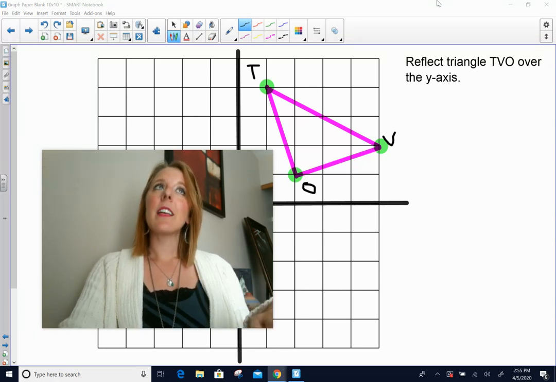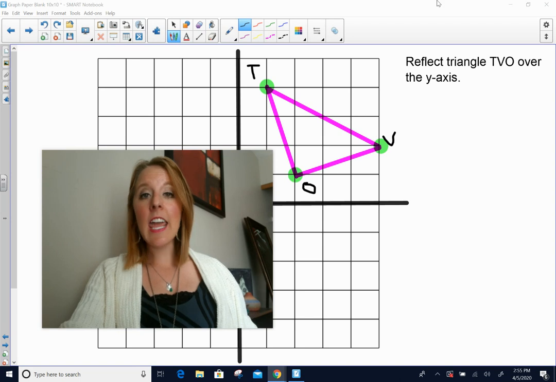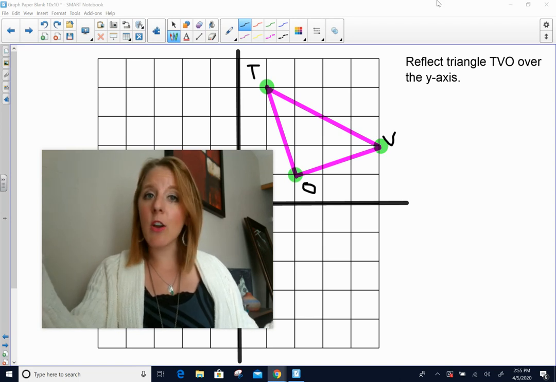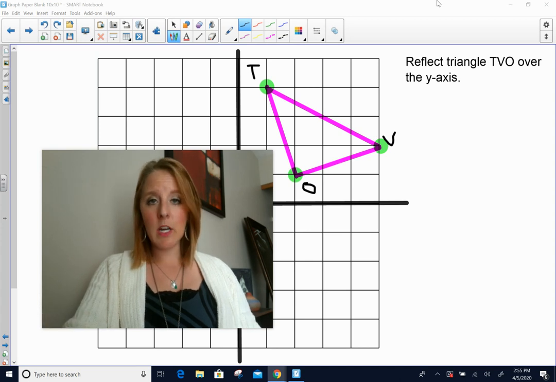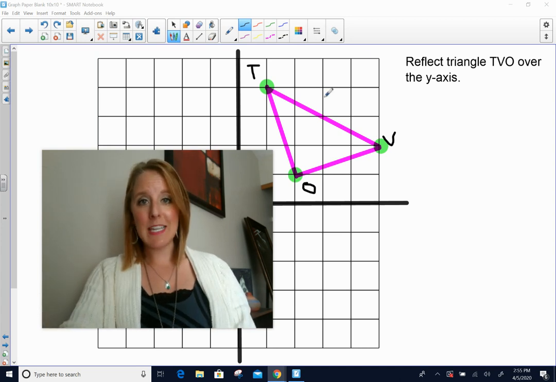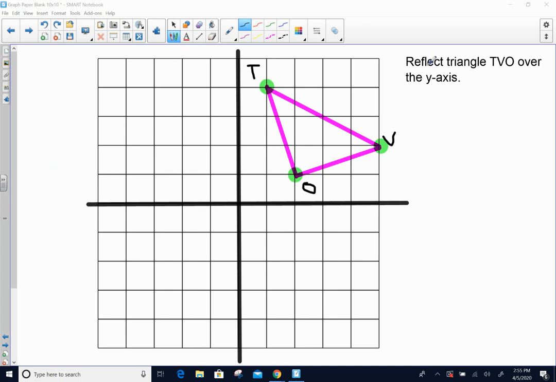Okay, so it's like looking at a reflection in the water of a lake, or in the mirror when you wake up in the morning. That's what we're going to be doing with our shapes in this video. So here we go. I've got my instructions here. I'm going to reflect this triangle over the